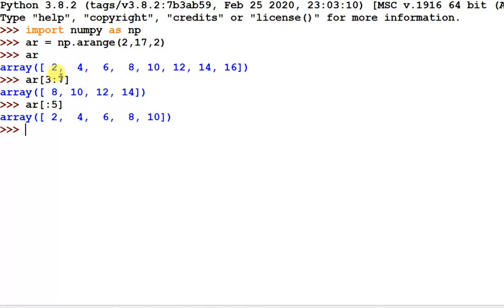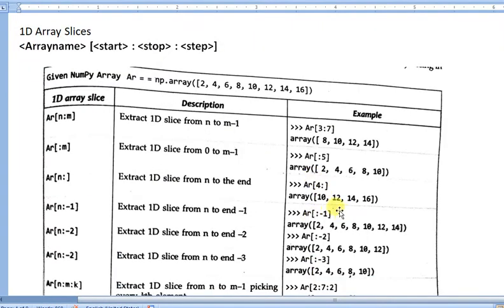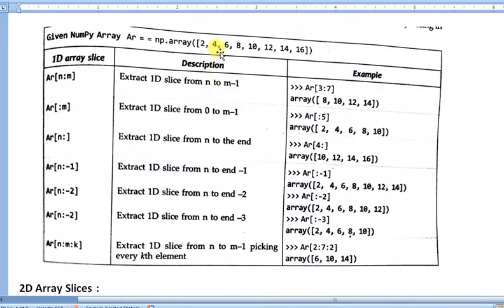So this subset will be extracted from the existing array. When the second argument is missing and only the first argument is given, it will extract the values from the fourth position to the last element of the array. So 4 to last will return 10, 12, 14 and 16.